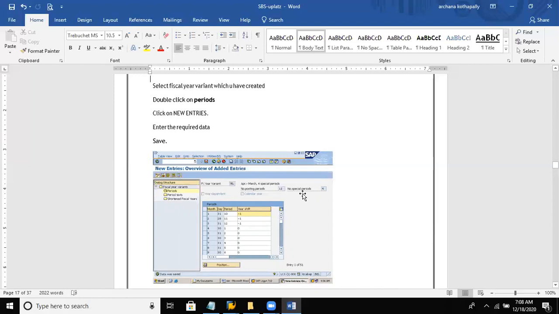And here we configure extra 4 periods, and these extra 4 periods are used for year end or month end closing operations like taxation, budget, government issues, insurance, etc. Whatever variant we created, we need to assign it to a company code. So here we have created a variant called FT, and the same FT has to be assigned to our company code called DL8.